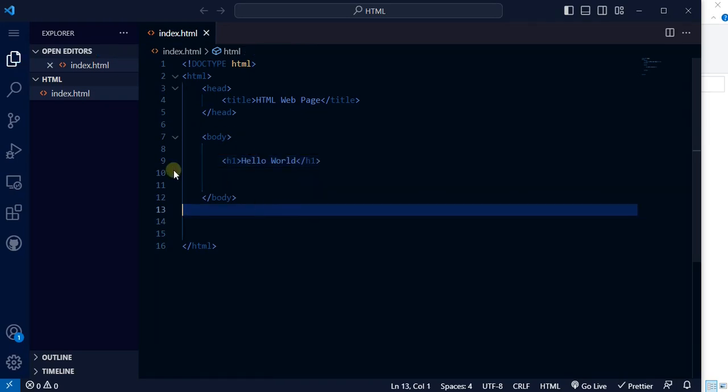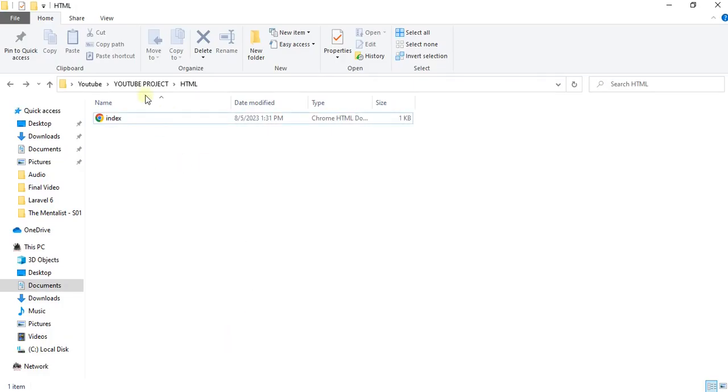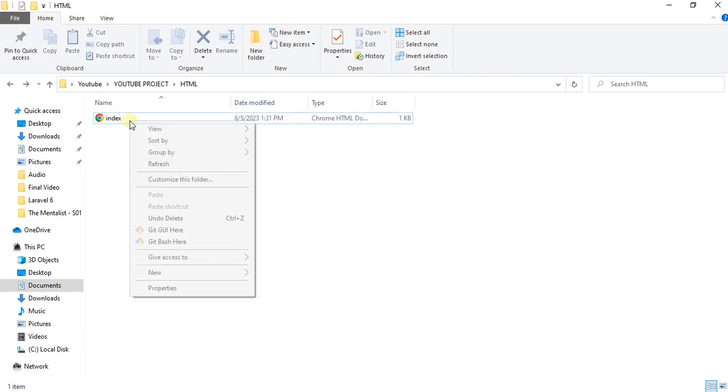So let's go and check our project in our browser now. Let me head to my file explorer. You can see the file here in my HTML folder. This is the index.html. Since it's an HTML file, that's why you can see the Chrome logo in front of the file. So if yours is not being treated the same way, you can